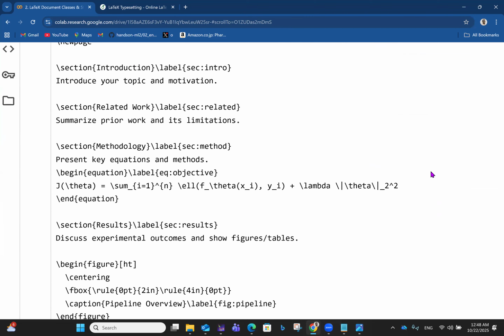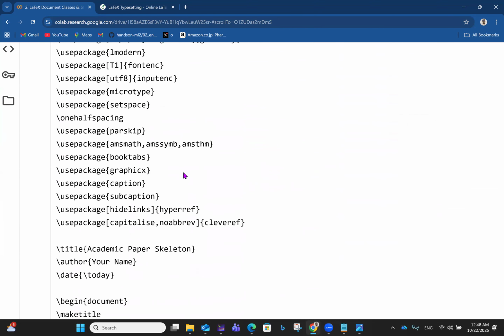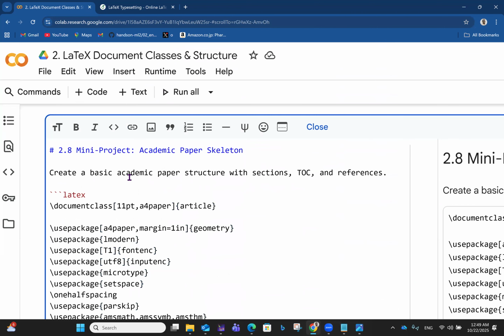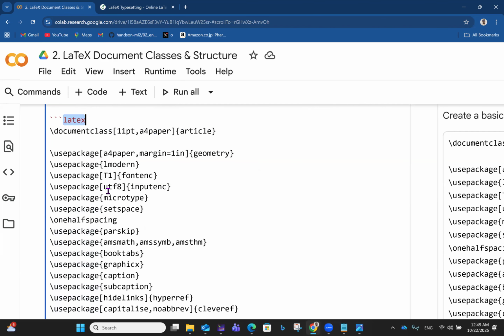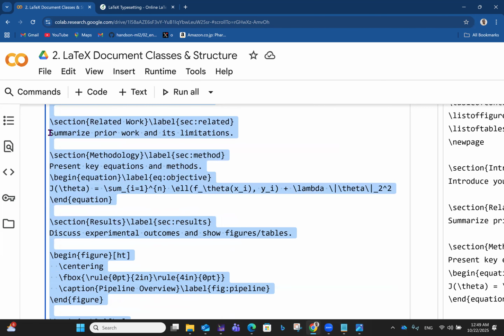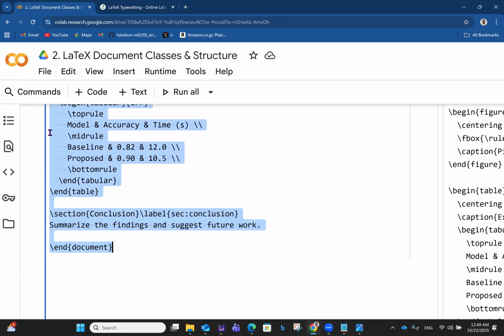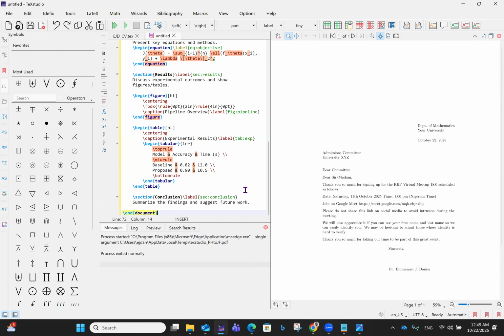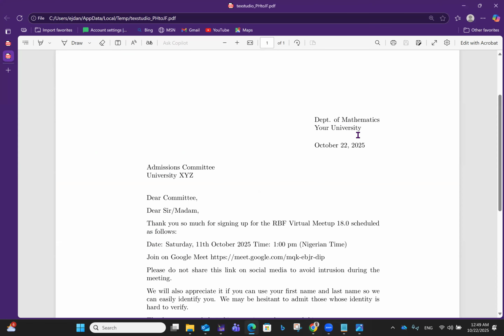What I'm just going to do is copy this whole thing now. First of all, do I have to put it in LaTeX? Let me see. Okay, I'll first of all put it in LaTeX and run it. Then you see how it goes. And then I'll put it in Overleaf. Overleaf is pretty easy to use. So I bring this whole thing now to TeXstudio. I don't know why I keep calling TeXstudio LaTeX. So I override this now, just paste, because this one has everything already. If you run this now, it generates,